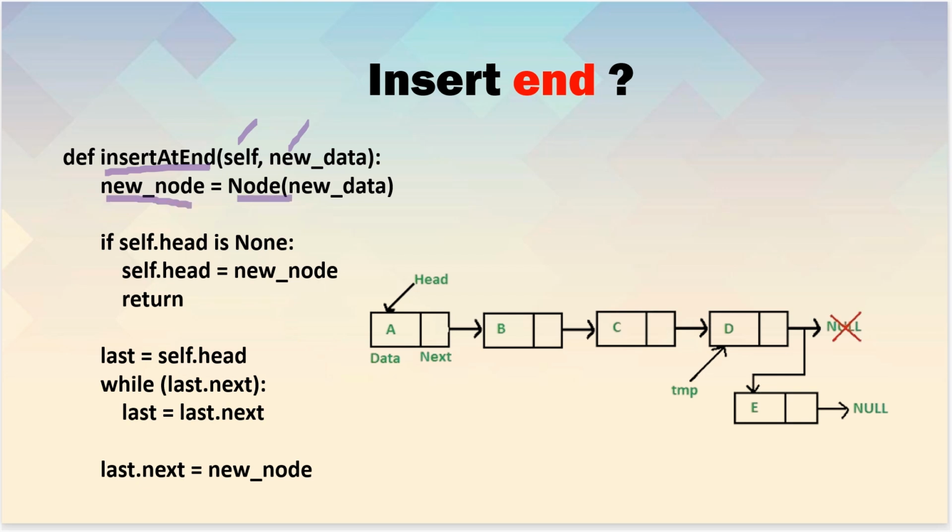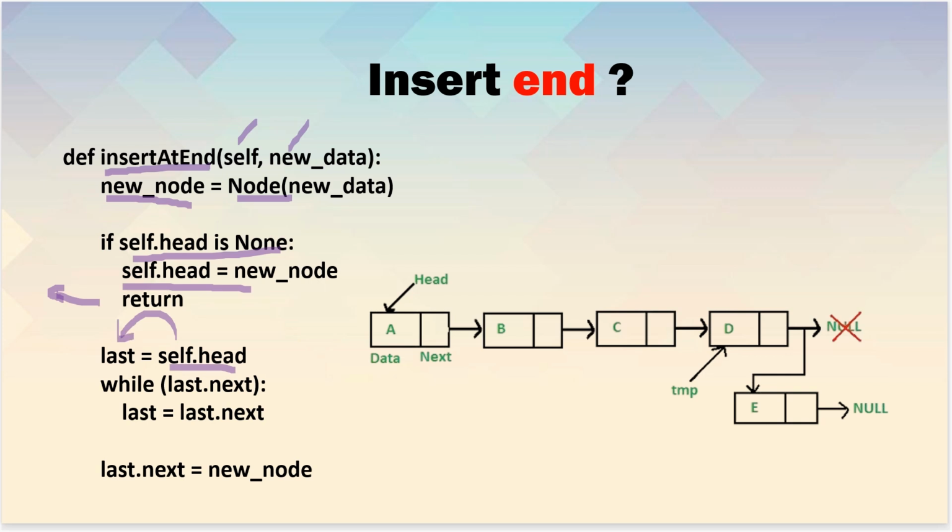Before inserting the new node at the end, we check if the linked list is empty or not by verifying if self.head is none. If the linked list is empty, we set the head of the linked list to be the new node which we created, and then we return from this method. If the linked list is not empty, we assign the head of the node to last